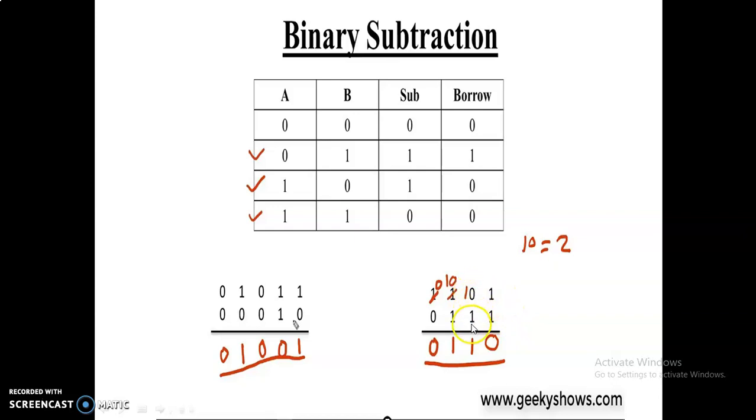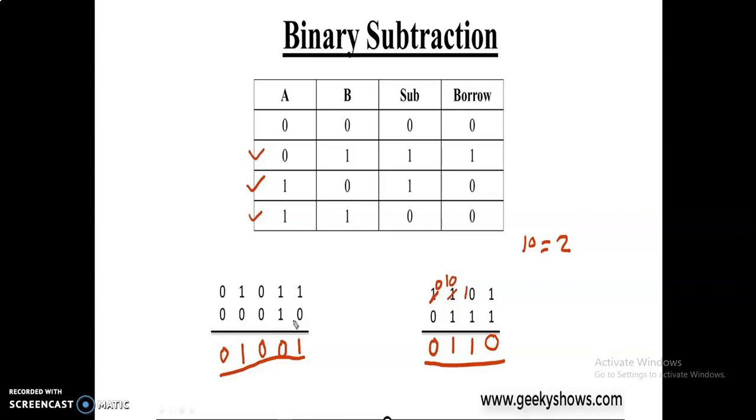But here this is 0 minus 1. This is the second row. 0 minus 1. Here you borrow 1 from the next bit, so it becomes 2. So 1 0 means 2. It becomes 2. 2 minus 1 is 1. Again the 0 is placed here. 0 minus 1, in this statement you borrow this 1 to here, so 1 0. Again this is a 2. 2 minus 1 is 1. Here the 0 is placed. 0 minus 0, 0 is displayed. Okay. This is the subtraction rule in Intel 8085.